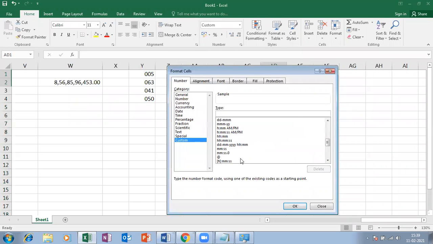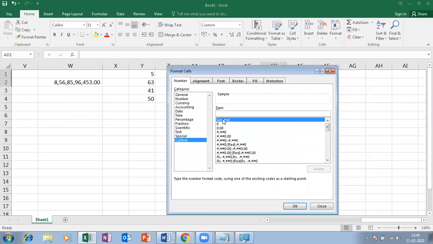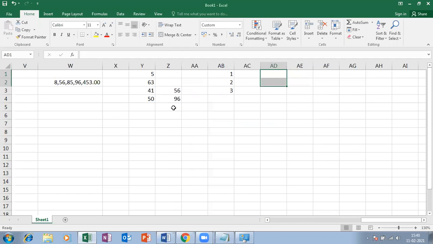Let me delete this one. Let me delete this one also, and just erase it here. So 00. Great. 1, 2, 3. See, 4, 5.